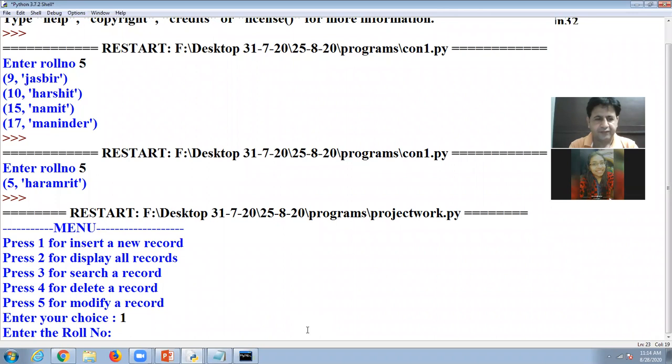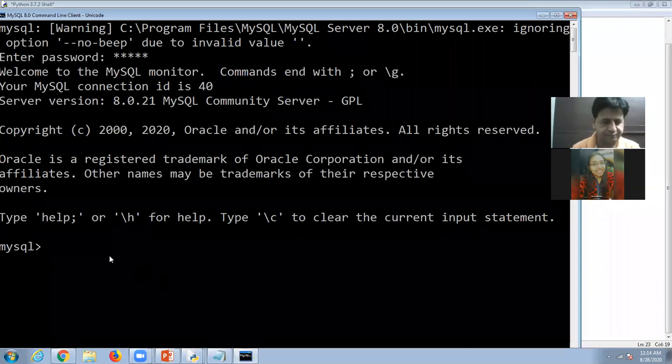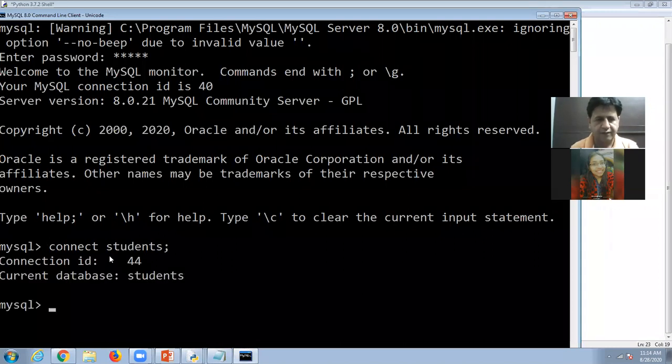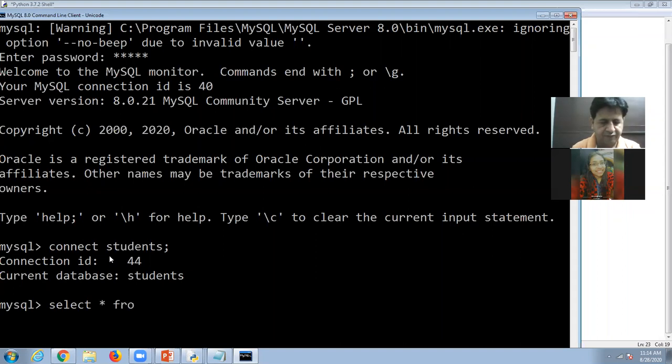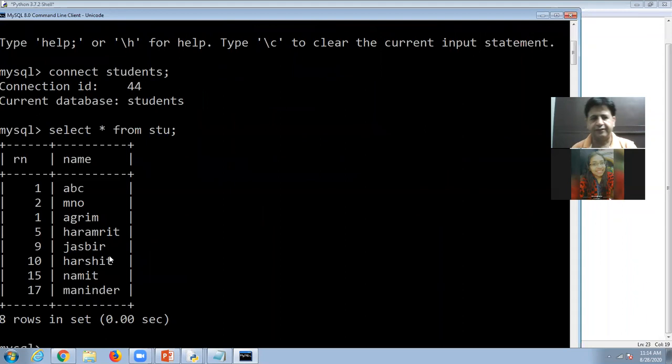Now, first of all, in my database, I'm showing you the database. My table name is Stu. Data is here. It has only 2 fields, roll number and name.